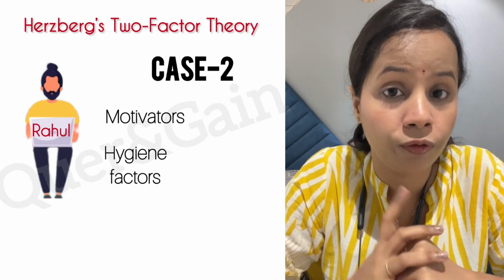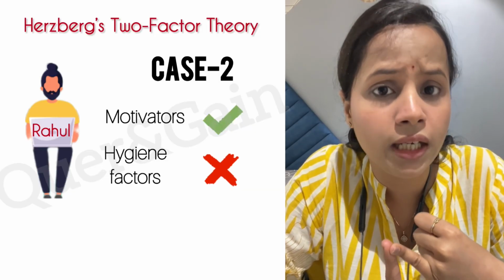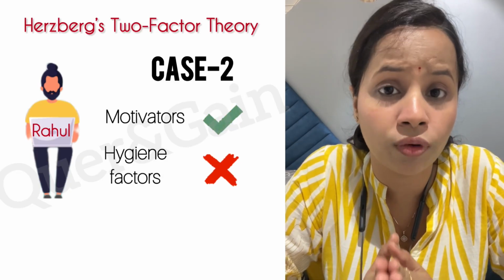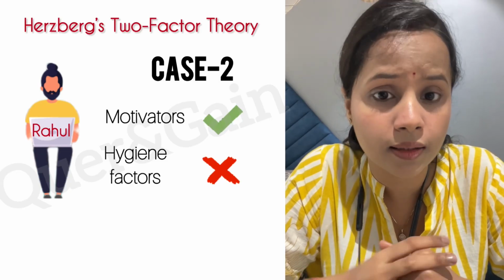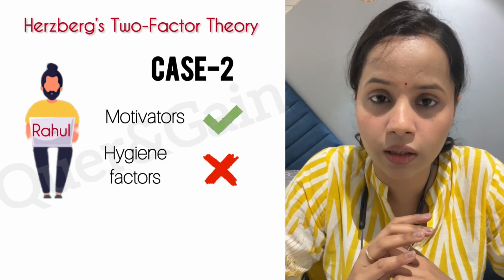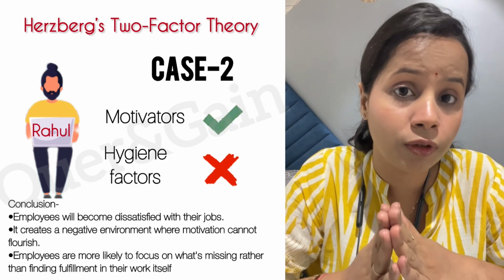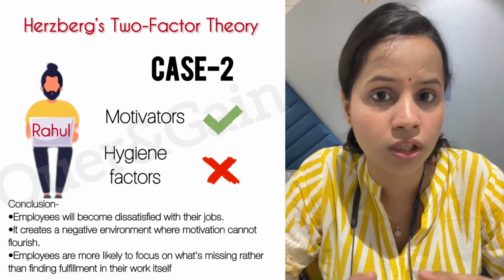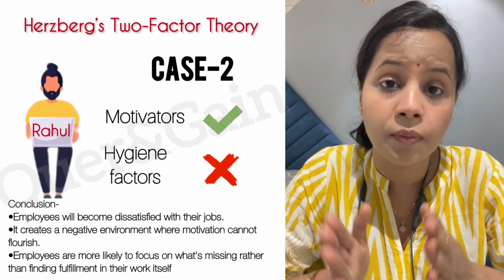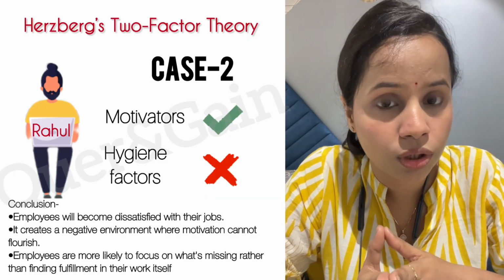Now let's talk about case 2, where hygiene factors are absent but your motivators are available. So Rahul's efforts get noticed. He is assigned challenging tasks and, most importantly, he is trusted with decision making. And he is also provided with training and development programs to develop his knowledge and his skills. But in this case, hygiene factors are not available. He's not getting a fair salary, HR policies are not transparent, and the environment is not very clean and well equipped. So what will happen in this case? Despite the fact that the motivators are available and he loves his job because of this, he will soon start feeling stressed, undervalued and frustrated. So no matter that he is motivated, because of job dissatisfaction, he will look for a better paying opportunity and an institution which is more stable.